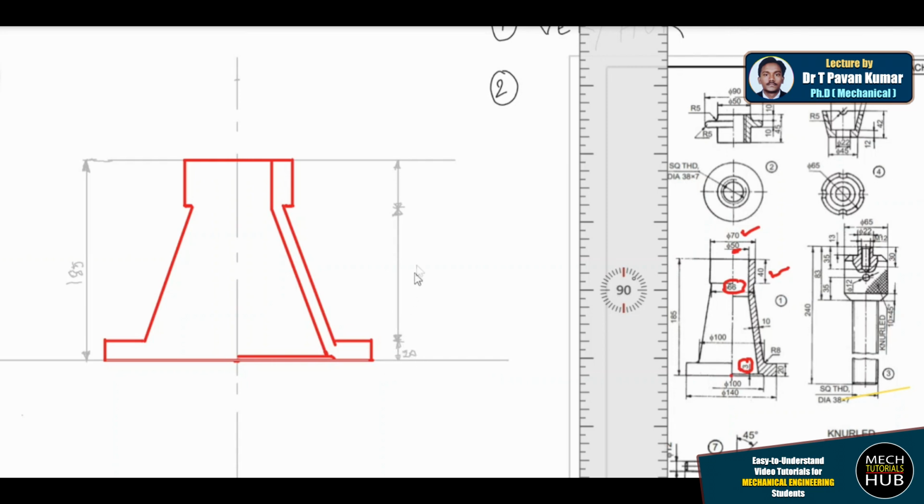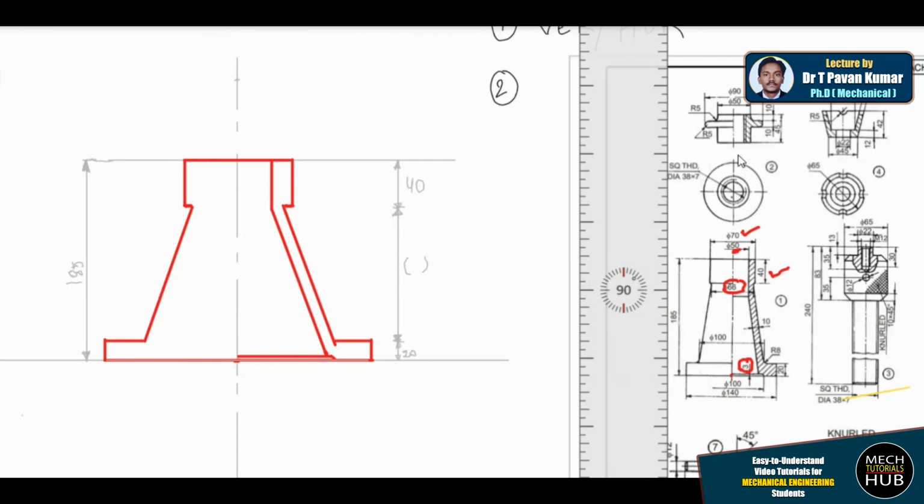Okay, this is 20, and this height you can measure and write it down. 185 minus 20 minus 45 will give you this height. That height you are supposed to write. Then here it is 40. This is called the alignment. You are not supposed to make it zigzag. This alignment will help you make the drawing so beautiful. Okay, the elevation will be perfect. All right, now this is done.